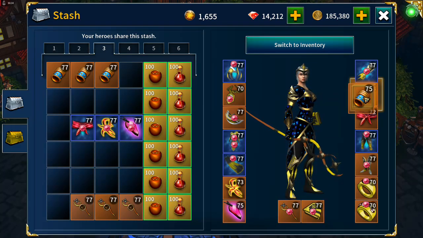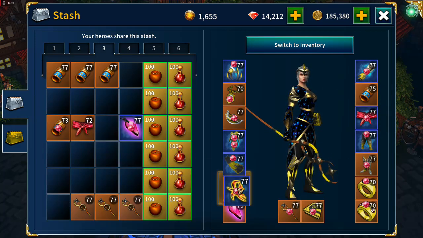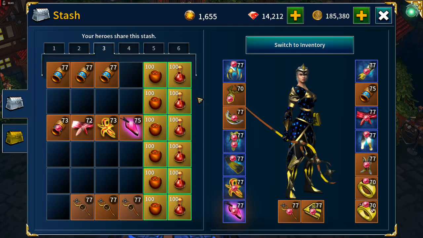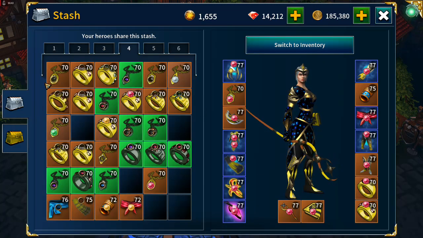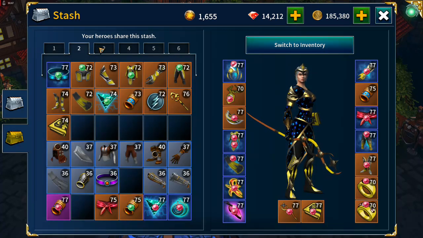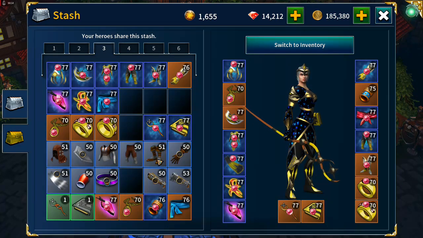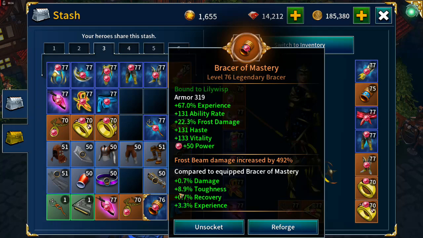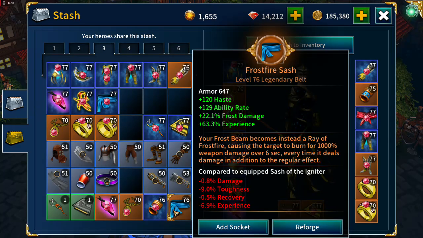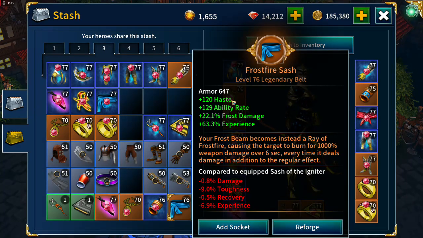So if I put back on this gear, I might pause the video just so I can find where the, actually it will be, I do have a Frostbeam build somewhere, which is possibly this and this. So let's just check. So with Frostbeam,